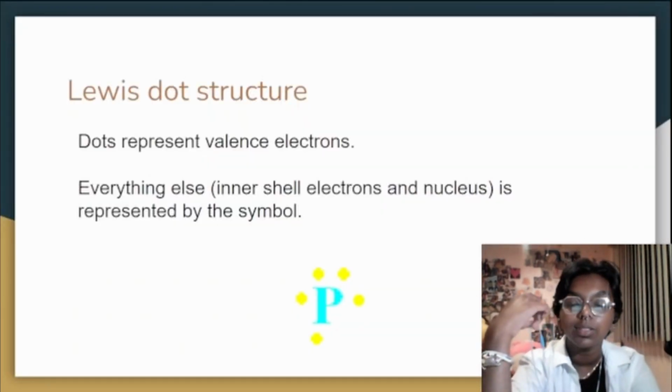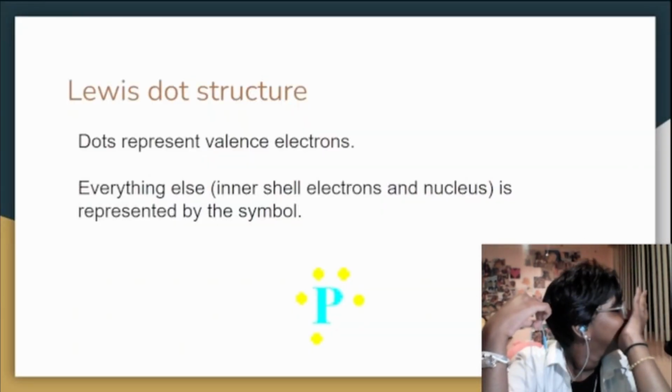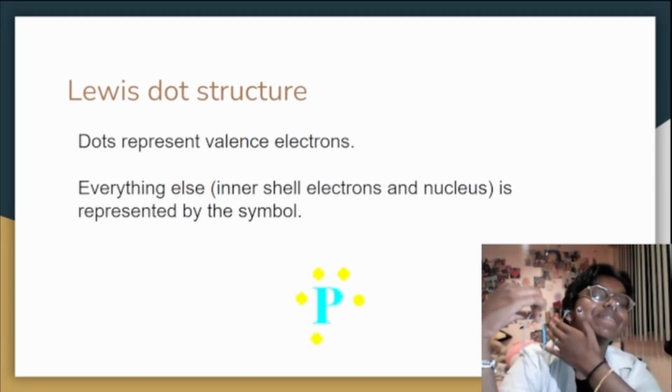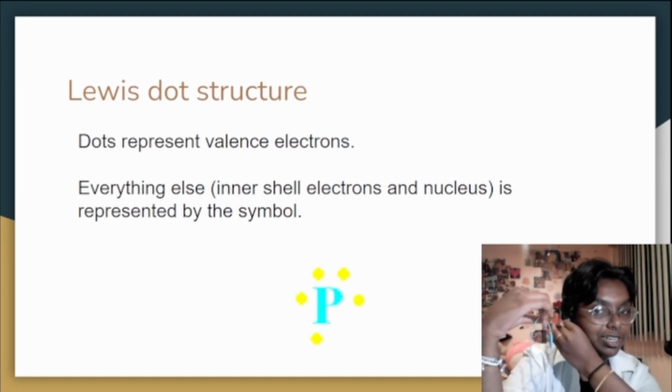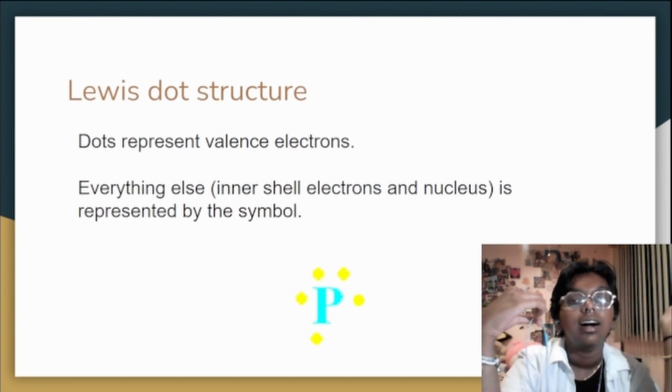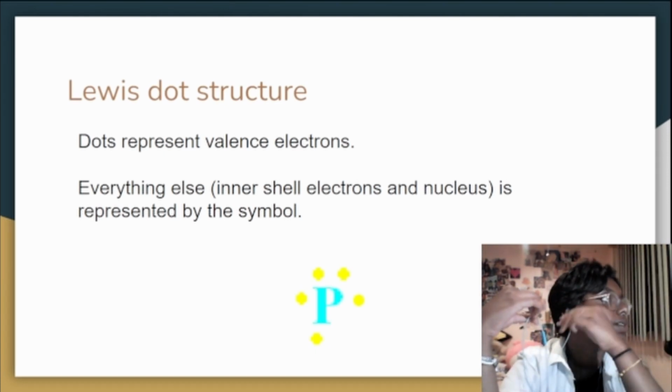Okay, now bonding. Lewis dot structures. Okay, so the dots on the Lewis dot structure, right? These dots represent the number of valence